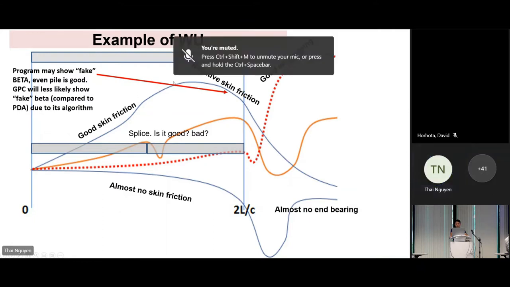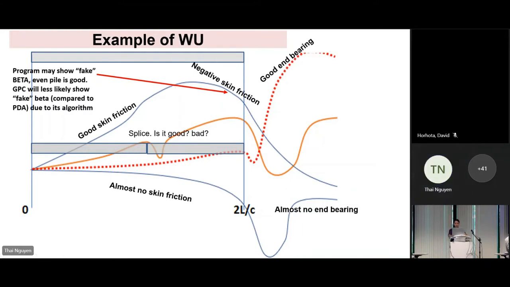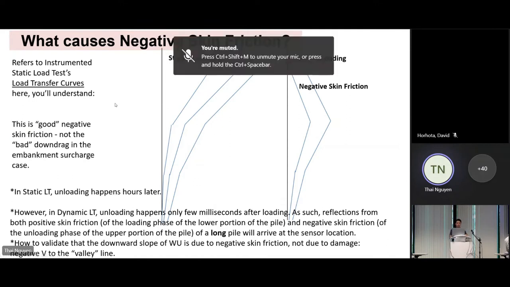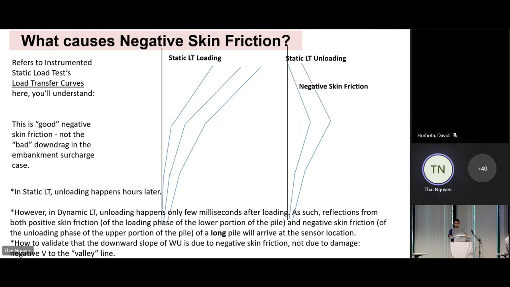On this one, it has very good skin friction because wave up slopes up dramatically, and then slopes down gradually. This sloping down is the unloading skin friction, or negative skin friction. In this case it is an unloading scenario, and when that happens, the program may misinterpret and will show incorrect beta. Why do you have unloading skin friction results or negative skin friction in this? So